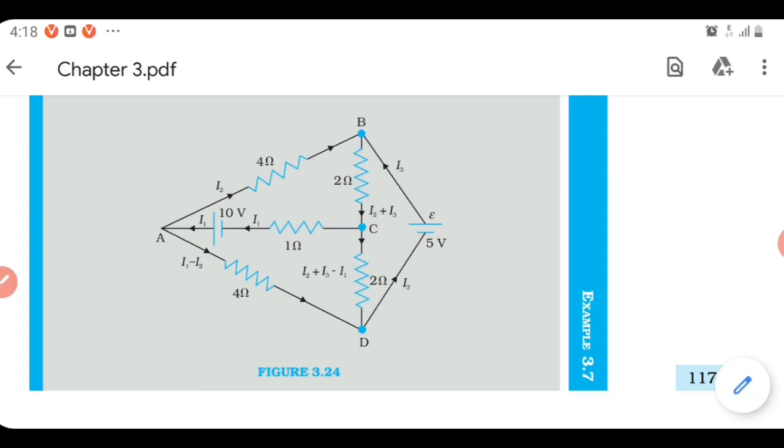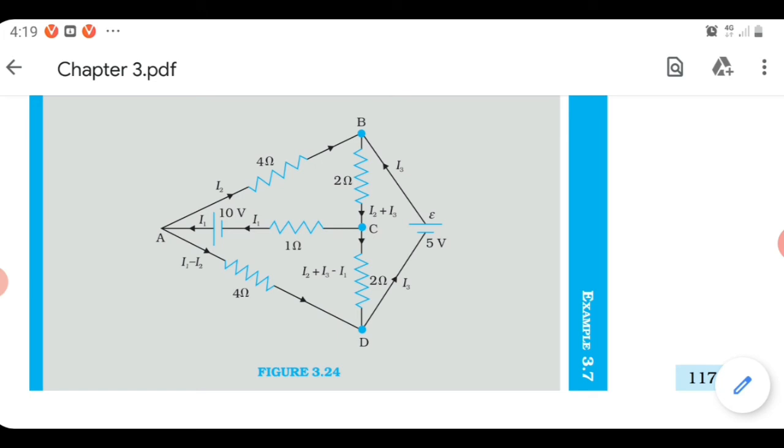So the first step is, first of all, you locate the cell, start with the current and decide the other currents also. Even if you go wrong in marking the direction of current, when you get the answer you will get a negative sign, and by that it will be compensated. So this is the way. First you locate the battery, and from the positive of the battery you start with the current and proceed that way. Now we need to find the current in each branch. First of all you need to find I1, I2, I3.